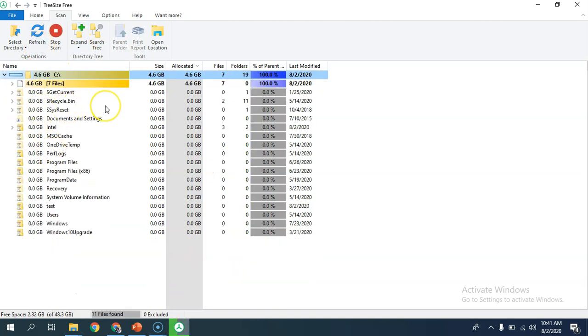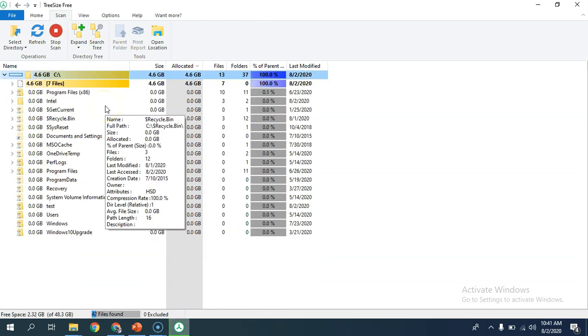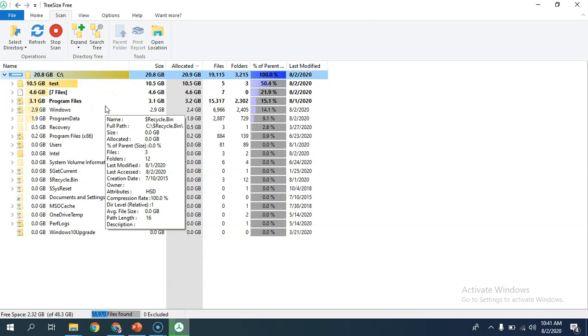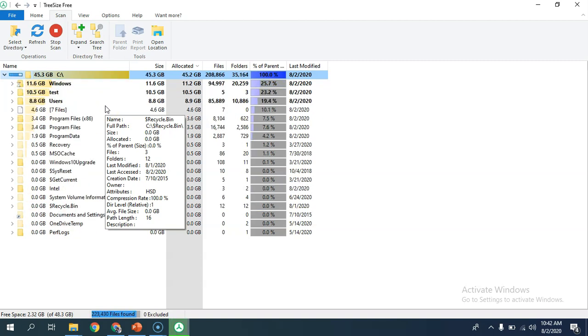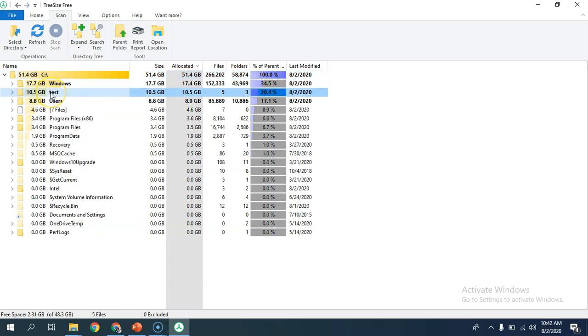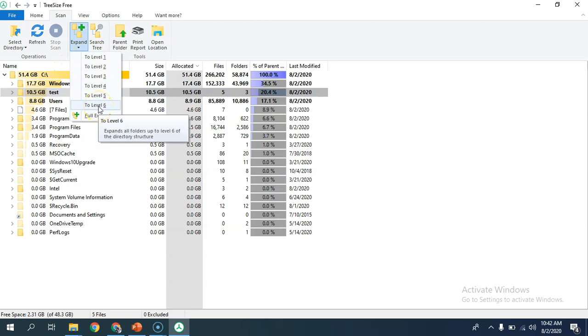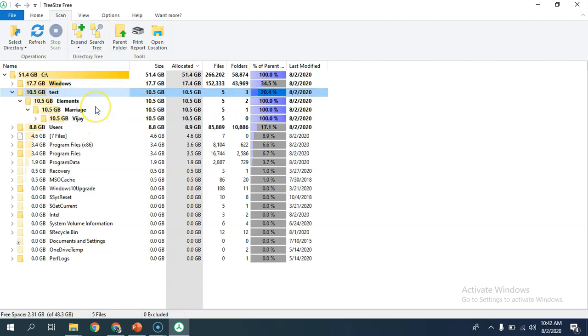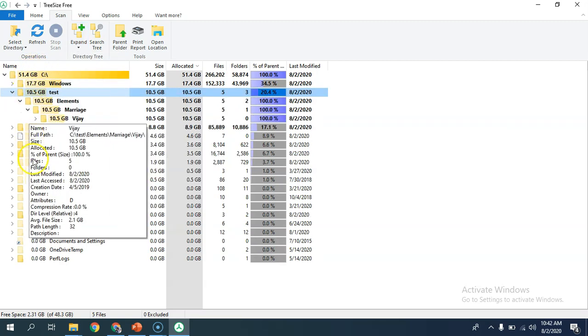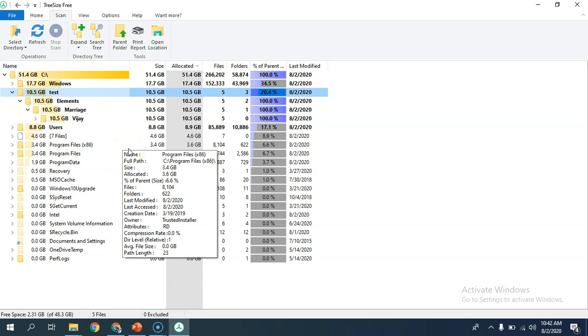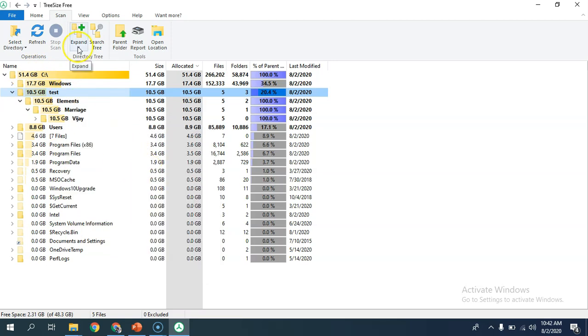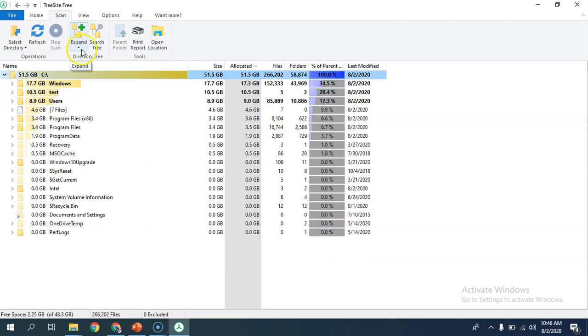So this could be useful in your production scenarios where you have a lot of folders of almost the same size, so figuring out which folder is the culprit is not that easy. So you can use this expand option, and you can expand up to level 6 from here, or you can go for full expand as well. I'll show you this level 6 and you can see folders within folders like that. It will go up to 6 levels and you can visualize it, right?